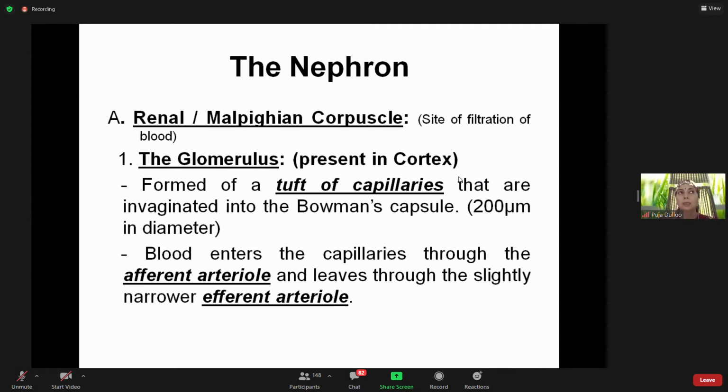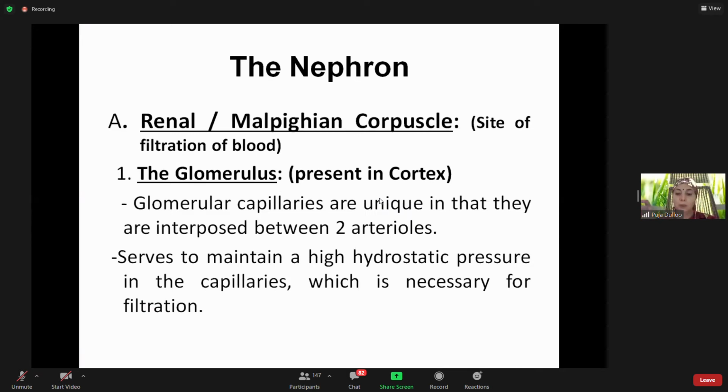So the blood from the renal artery enters and gets further branched. Finally it reaches the Malpighian corpuscle as the afferent arteriole, and these afferent arterioles further get bifurcated into the glomerular capillary tuft. This glomerular capillary tuft finally re-enters the vascular system by going into the efferent arteriole. So before and after the glomerular tuft there are two arterioles. This is the only place where you can find a capillary tuft between two arterioles.